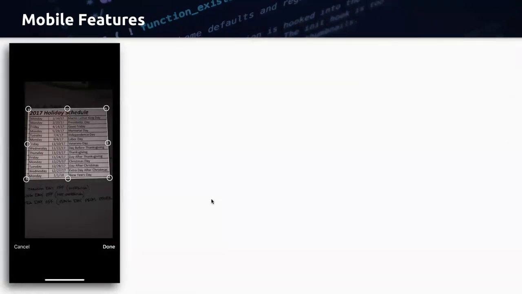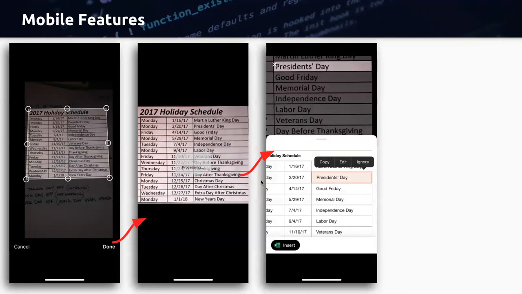So here's the little snapshot. Since I can't do this live on my phone here, I took a few snapshots, and this is how this app works. It says, all right, I want you to take a picture of the chart or the PDF or whatever you're trying to do. It lets you crop what it's going to analyze and look at. It's then going to process that picture based on that clipping, and it's going to come up with a tentative